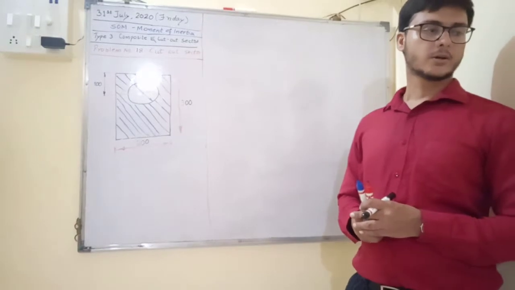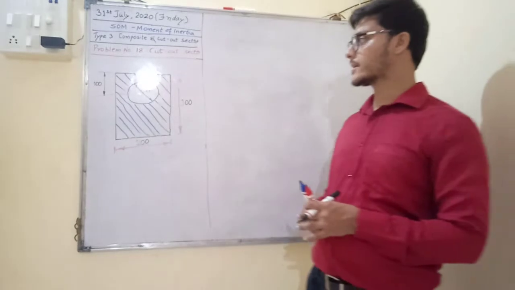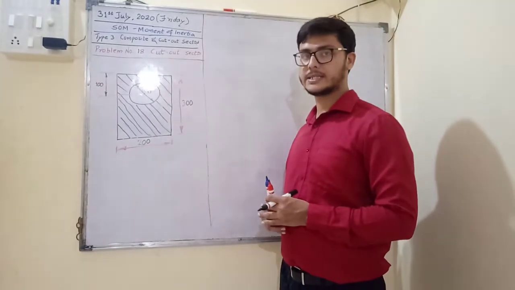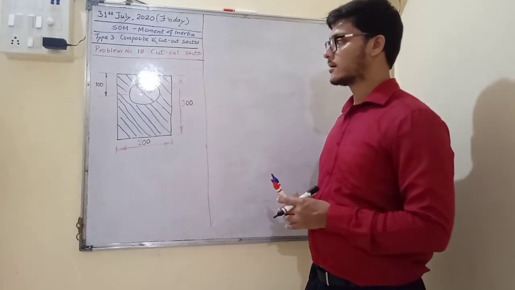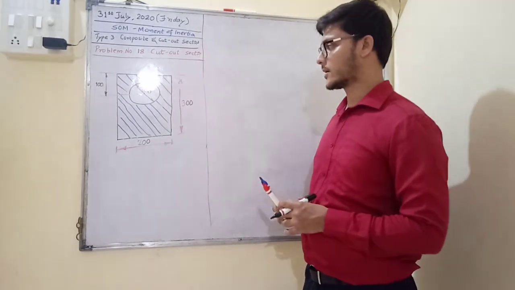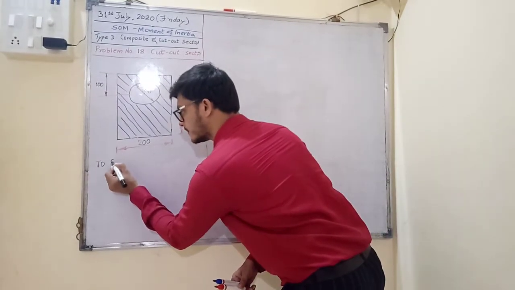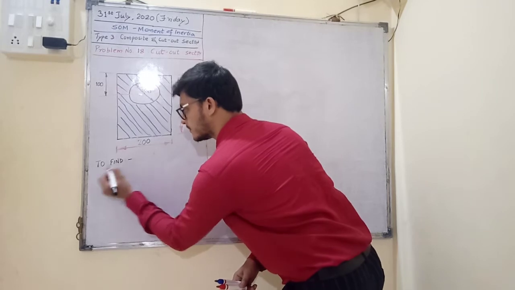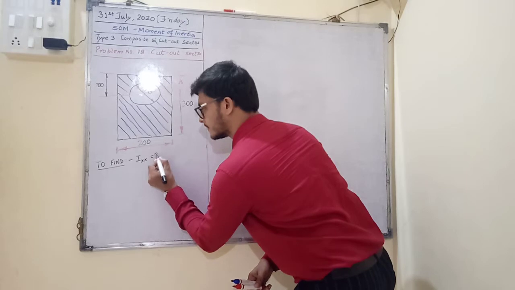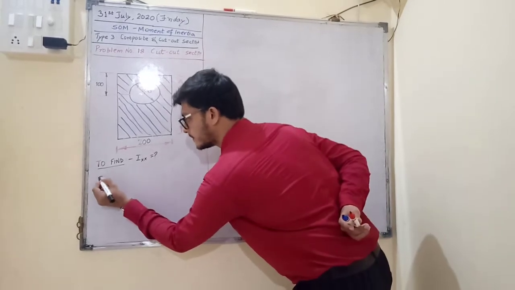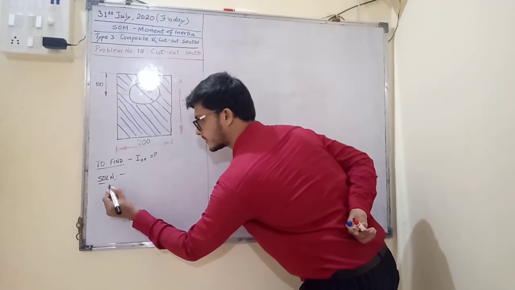Find the moment of inertia of a hollow section shown in figure about an axis passing through CG. So we have to locate the center of gravity, x bar and y bar. Then we have to find its moment of inertia about that axis, the horizontal x axis. To find I axis, for that first we locate CG. X bar will be what?